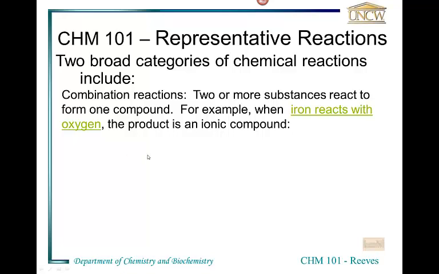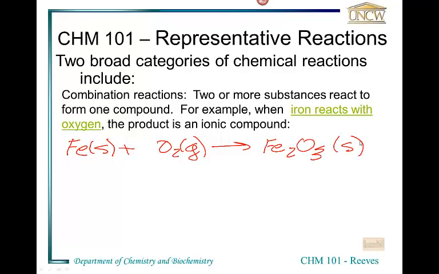So iron wants to lose, oxygen wants to gain, and like most of the metal-nonmetal reactions, the result is an ionic compound. So we start with iron, which is Fe, and it's a solid at room temperature. We combine it with oxygen, the diatomic gas, and the product here would be hard for you to predict because iron, as a transition metal, can form 2 different ions, the +2 and the +3. It turns out that the product of the combustion with oxygen is the +3 ion, so you make Fe2O3, and that's a solid. Fe2O3, by the way, is rust. In general, though,